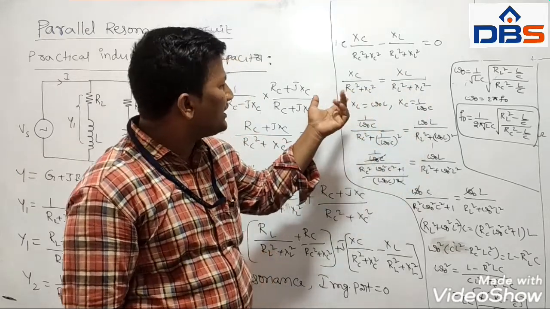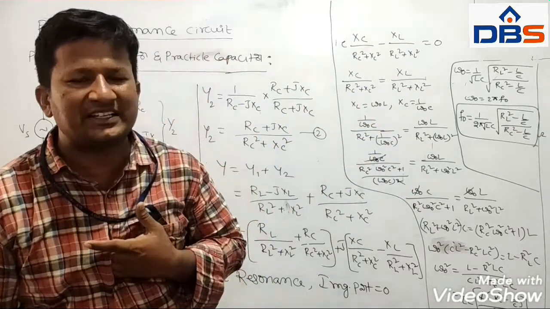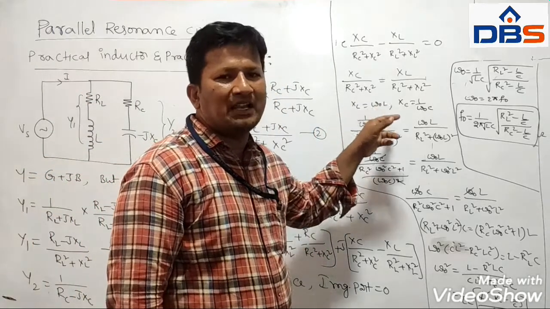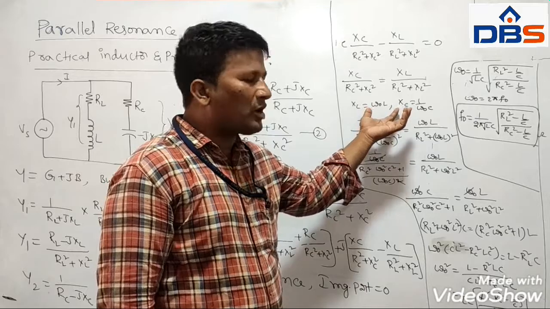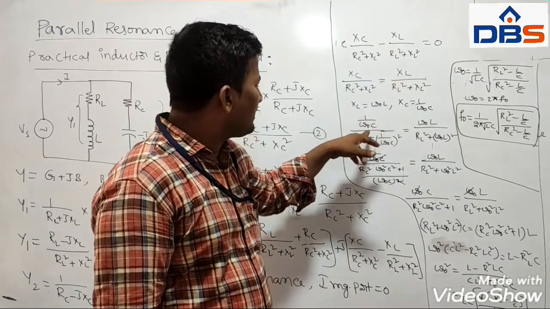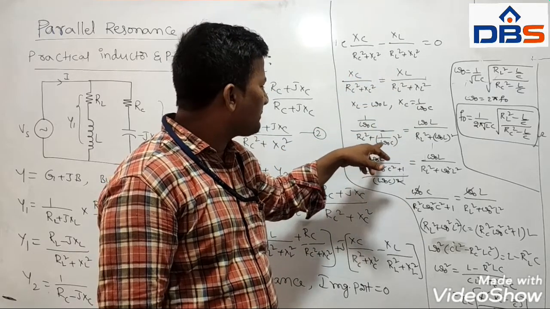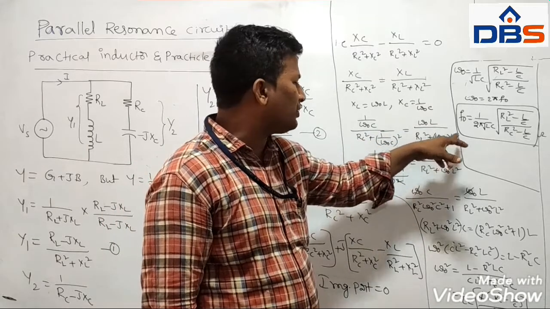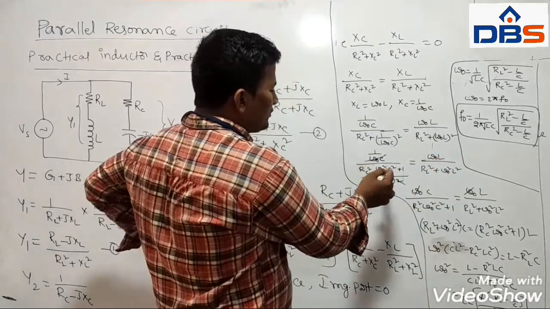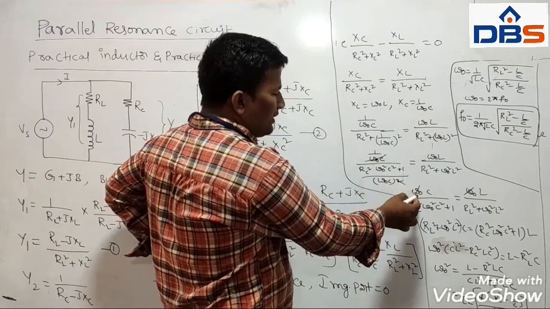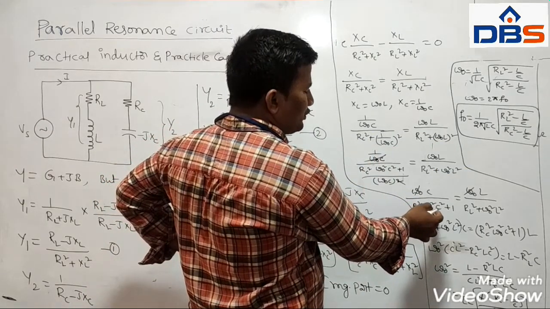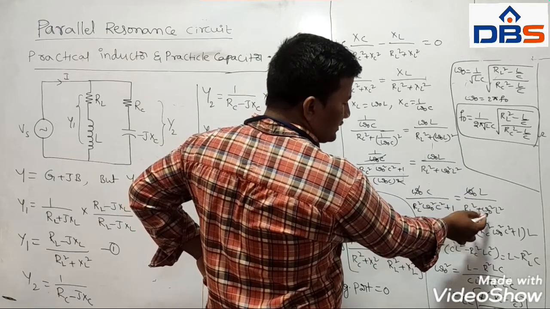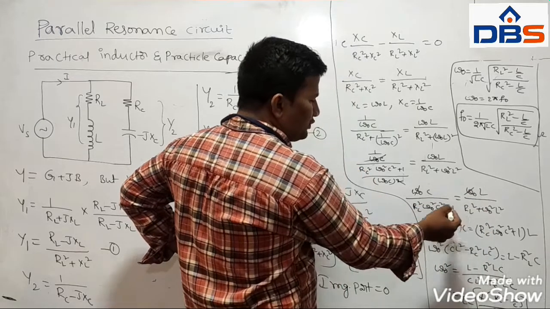We know that capacitive reactance XC is 1 by omega naught C ohms, and in a similar manner XL is omega L ohms. Substitute these two formulas in the above equation. So 1 by omega naught C by RC square plus 1 by omega naught C square equals omega naught L by RL square plus omega naught L square. Cancel this one, and on the rest, omega naught C by RC square omega naught square C square plus 1, equals omega naught L by RL square plus omega naught square L square, and cross multiplying each one.